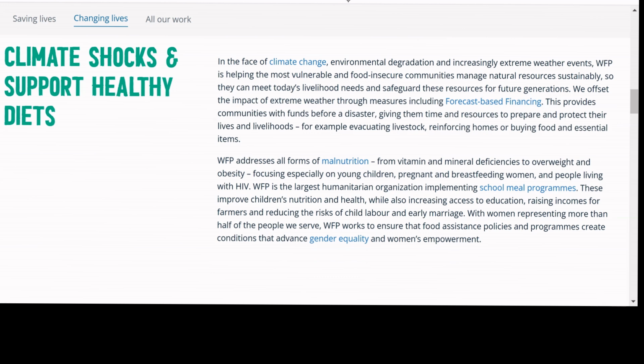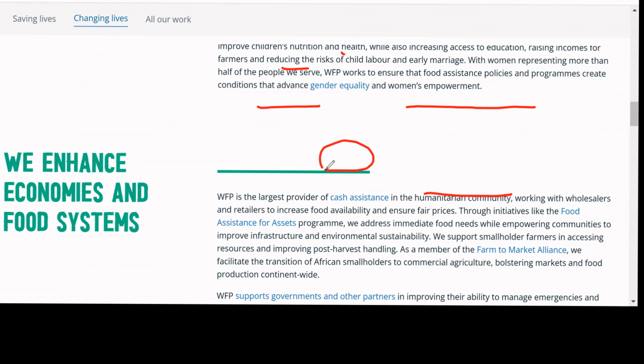So what they do is that they have the removal of hunger as their point. They also implement many school meal programs. We have the midday meal scheme, like that they have. Also, they address climate change. Because of climate change, there is a reduction in the food basis. So they also have forest-based financing and things like that. Basically, they are addressing malnutrition, but they have different ways of addressing that. That's what you should know from this World Food Program.